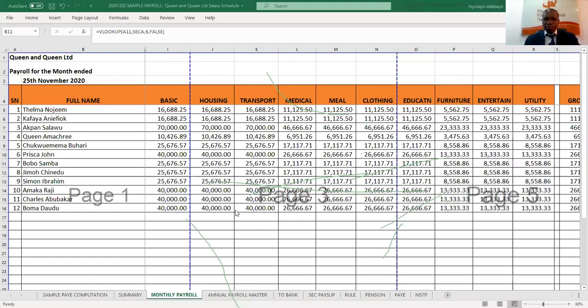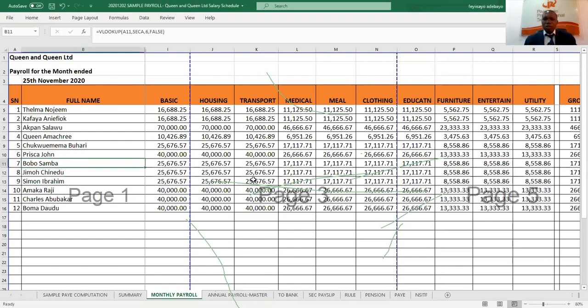Then for self-employed or owners of business name, landlords, or just anyone that runs his own personal business should be filing what we call self-assessment. And it's done through direct assessment method. So, but there's a form known as a self-assessment form, which we're also going to send to you. You need to use it to file for direct assessment. Now, that direct assessment, you compute all the taxes due and also remit. So let's start from the